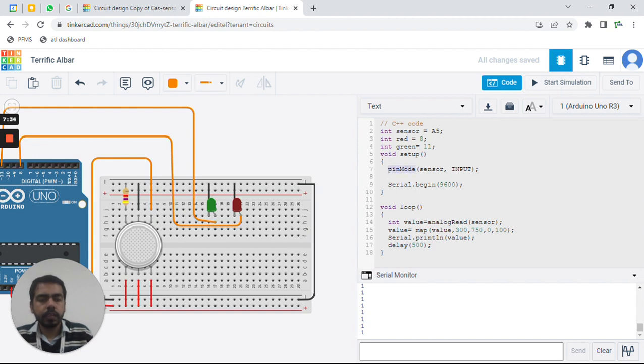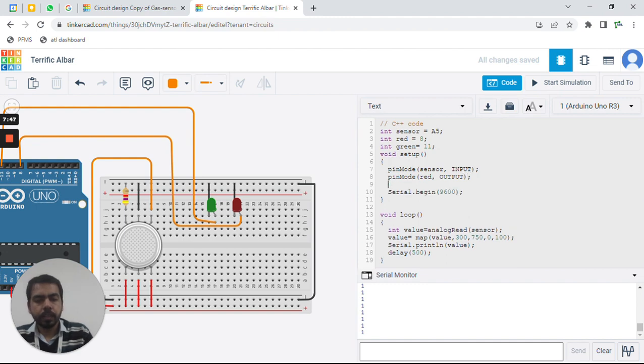In pin mode, we are going to define red as output, and we are going to define the green LED as output.